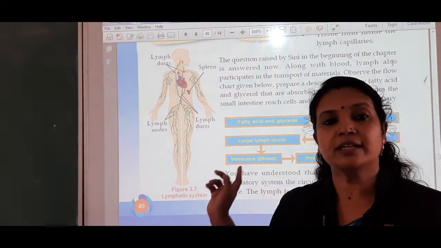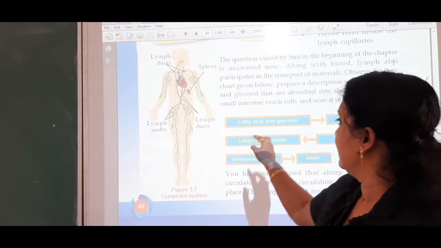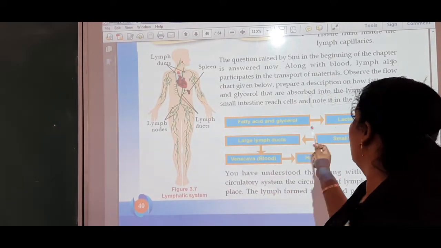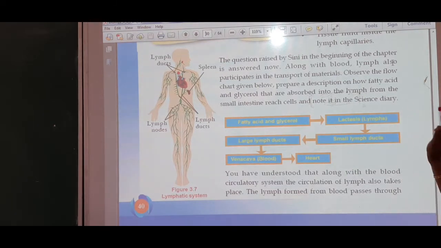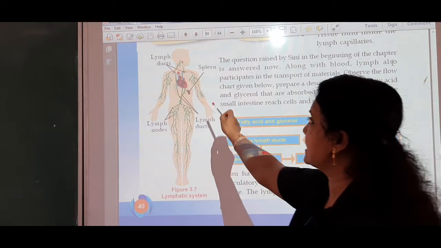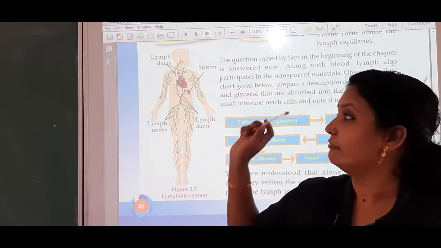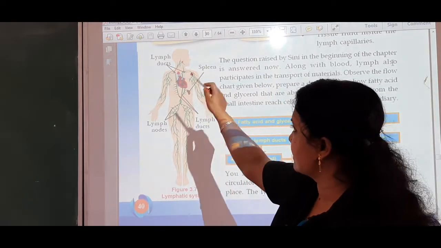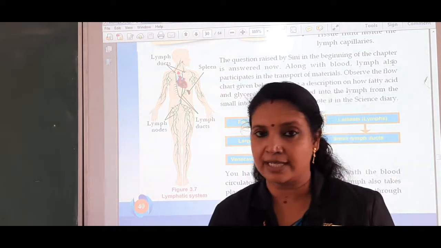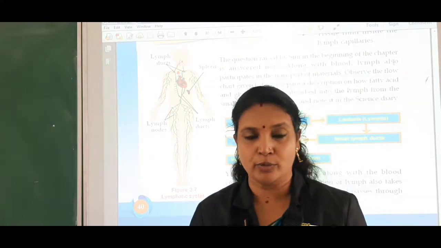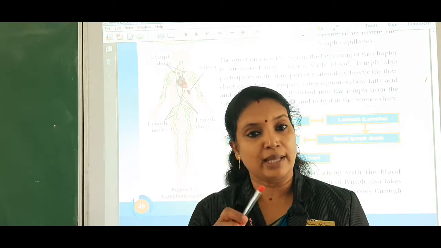Okay, so here you can see the fatty acid and glycerol absorbed into the lacteals. Then the lacteals, അപ്പോൾ ഇവിടെ നിങ്ങൾക്ക് ലിംഫാറ്റിക് സിസ്റ്റവും കാണാം. ഓക്കെ, അപ്പോൾ ലിംഫാറ്റിക് സിസ്റ്റത്തിൻ്റെ മെയിൻ പാർട്സ് എന്ന് പറയുന്നത് അതായത് സ്മോൾ ആൻഡ് ലാർജ് ലിംഫ് ഡക്ട്സ്. ഇപ്പോൾ ലിംഫ് കാപ്പിലറീസ് ഉണ്ട്, ഐ ടോൾഡ് യു. സോ ദീസ് ലിംഫ് കാപ്പിലറീസ് യുണൈറ്റ് ടുഗെദർ ടു ഫോം സ്മോൾ ലിംഫ് ഡക്ട്സ്, and the small lymph ducts unite together to form